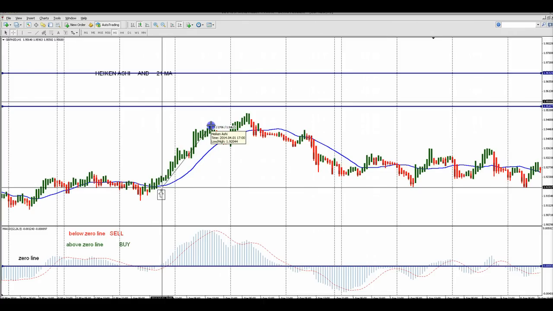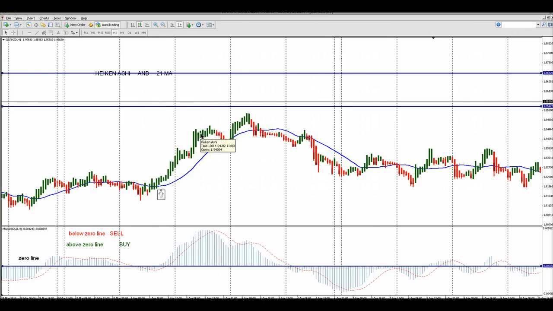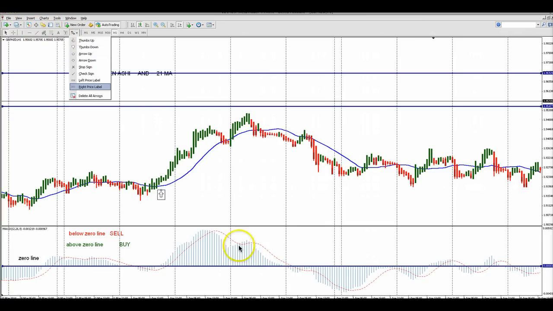This one lasted 270 pips, but this is a Pound New Zealand dollar, which has a daily range of about 200 pips at times. Okay. Then what happens? We actually had divergence here, and if you know how to trade divergence, you could have easily taken this trade before the histogram went below the zero line. Though on this particular trade, of course, you still would have made money if you just waited, because price did